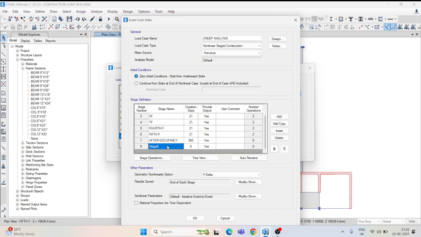Next, after 10 years, you can go up to 50 years or 100 years. Here we will take 50 years only.